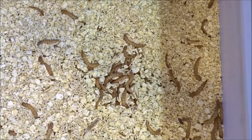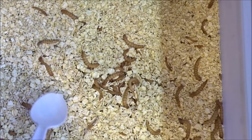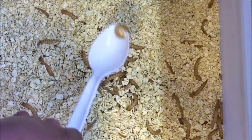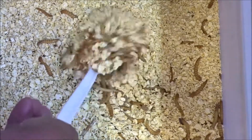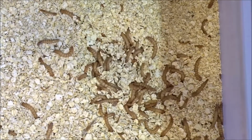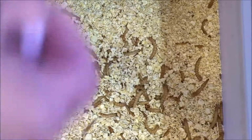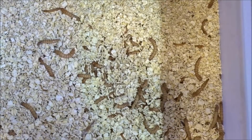I've disturbed them now. Let me just show you guys, look at all that. There's thousands of worms in this bin. It is super successful, and my system has proven itself. It works. I did not come up with this system,